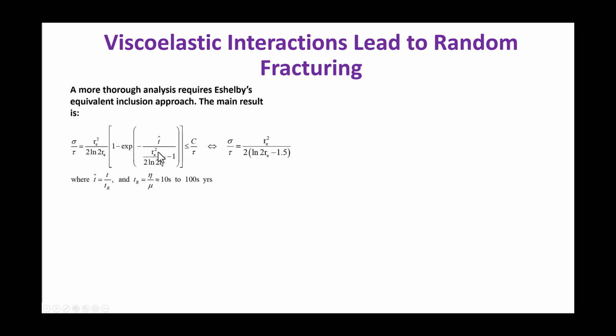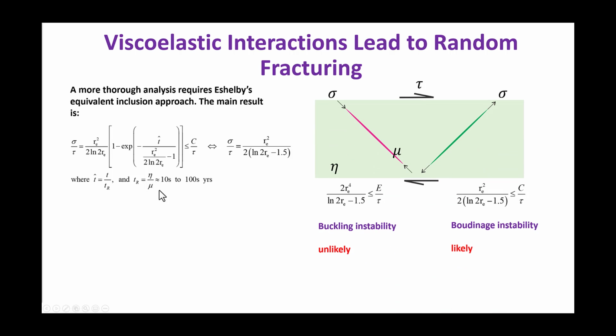So if we do not consider the viscous effect, do not consider the viscoelastic interaction, make this T very, very large, the viscoelastic solution converges with Jeffery's solution. If we consider the viscoelastic interaction, the prolate object is elastic. It has an elastic shear modulus. The matrix is viscous, as in viscosity. The two define the relaxation time.